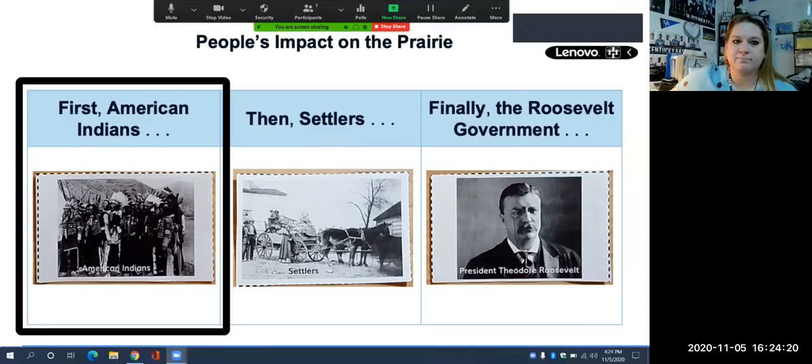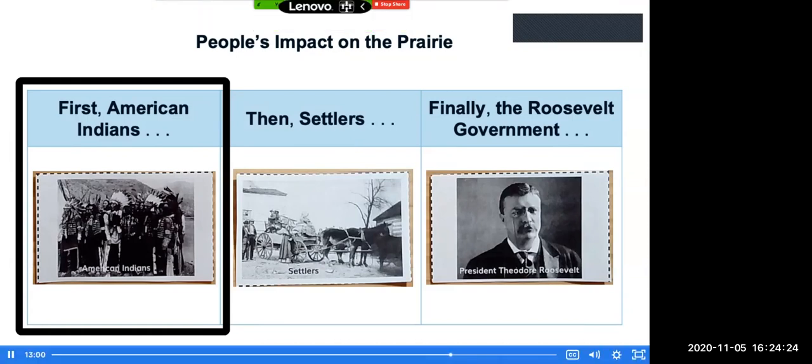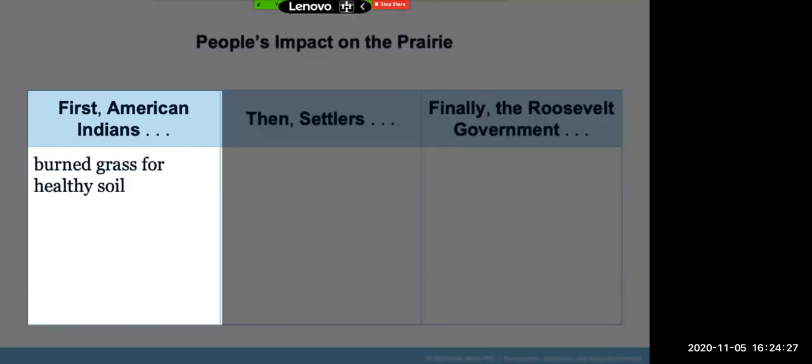Well, let's see what Miss Sabella says. We learned in The Buffalo Are Back that the American Indians burned the grass to keep the soil and the grass healthy.